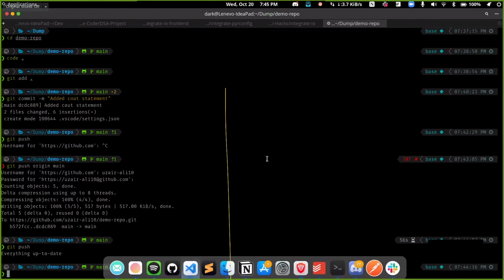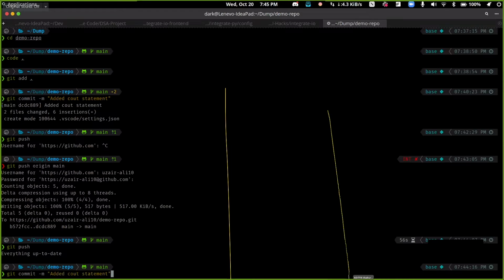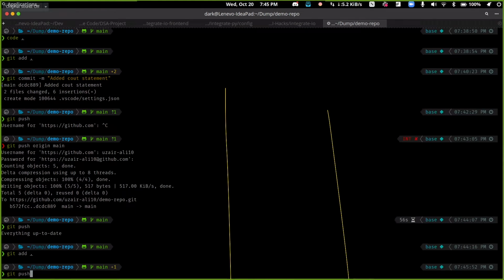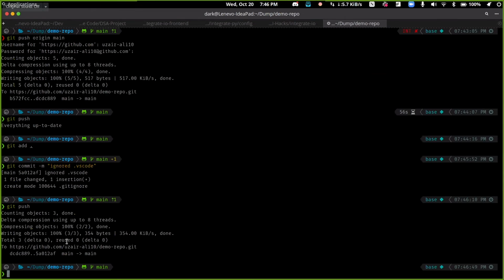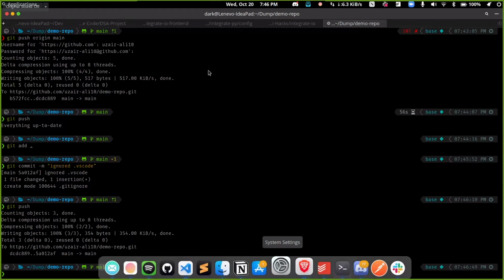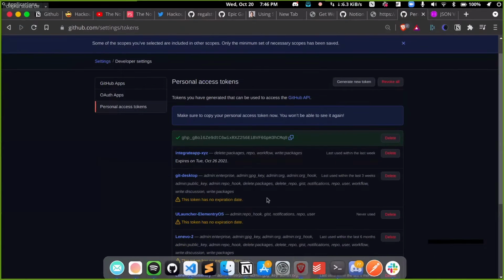Now I again have to add changes and commit changes, with the message gitignore. Now I've ignored the .vscode folder, and now I can just do git push. It should be done now, I believe.